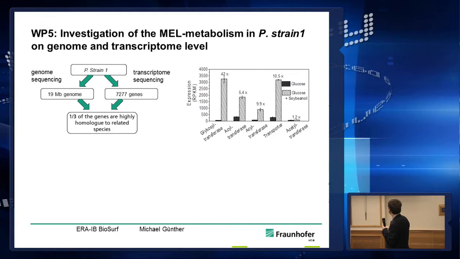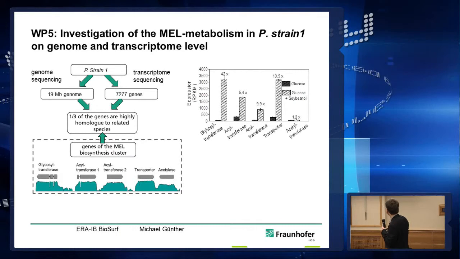So the genome was sequenced and compared to the genomes in the database. About 1/3 of these genes are highly homologous to related species. And we also did a transcriptome of this. If you look on the genome in more detail, we see a cluster that is known to be required for